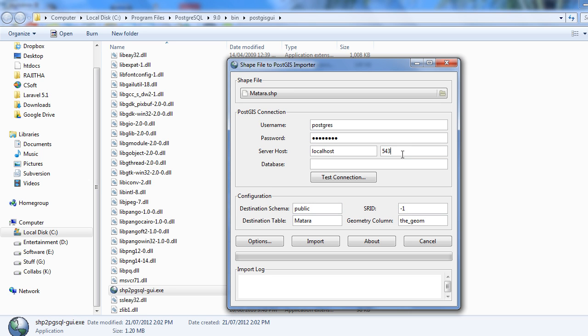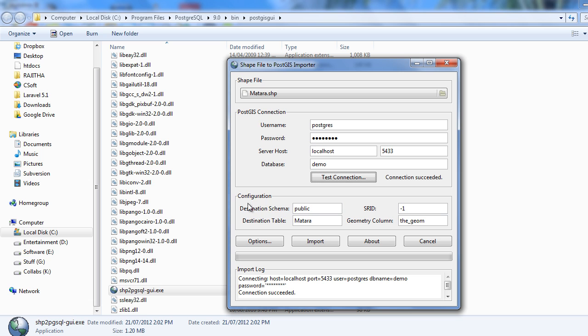And now the port number. In this case I am using a special port, but by default the 5432 port would work for you. And the database is demo. Connection succeeded.